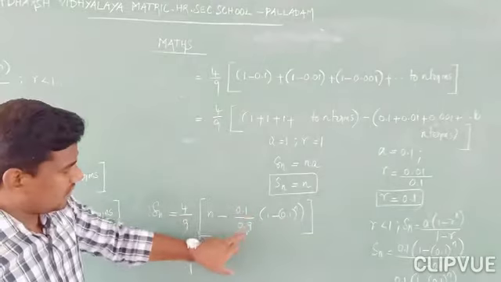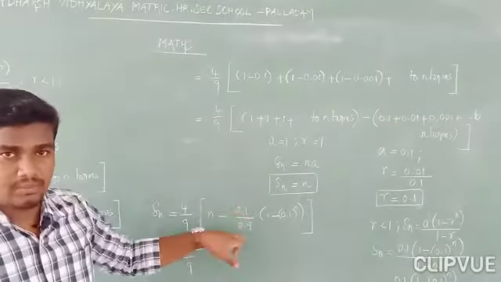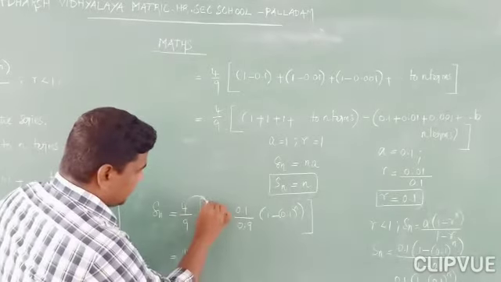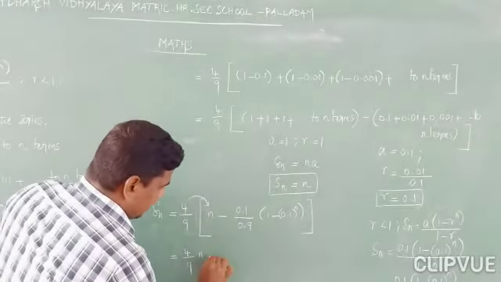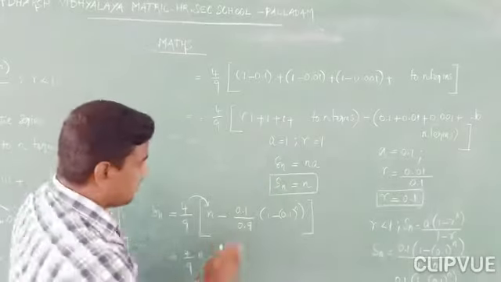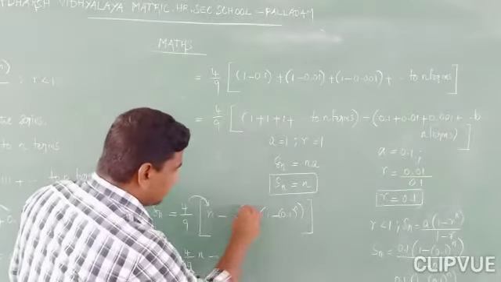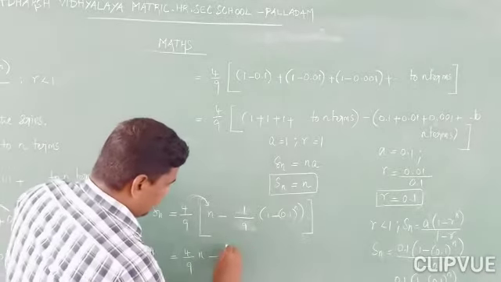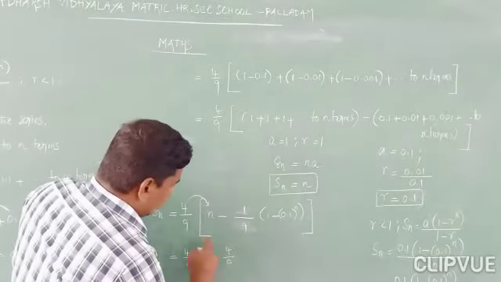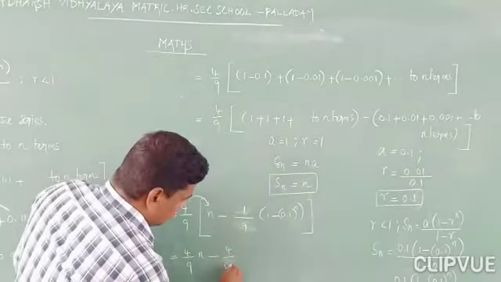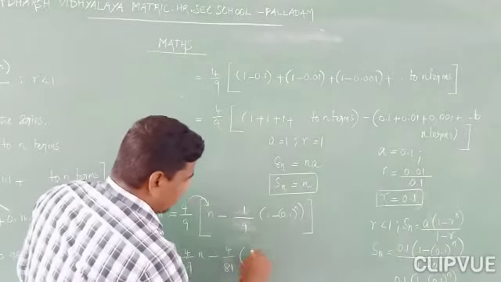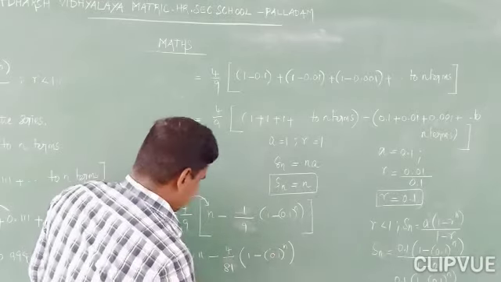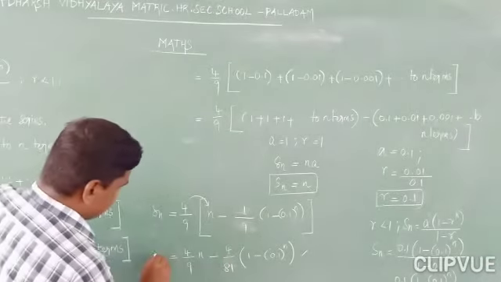So now we know that this 0.1 divided by 0.9 can be written as 1 by 9. So 4 by 9 into n, the first one I multiplied. Next, minus this 0.1 divided by 0.9 can be written as 1 by 9. Okay. So when you multiply by 4 by 9, in 9 into 9, 81. Okay. Into this one, 1 minus 0.1 whole power n.